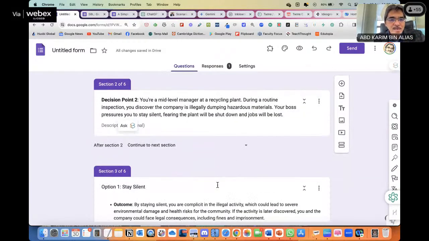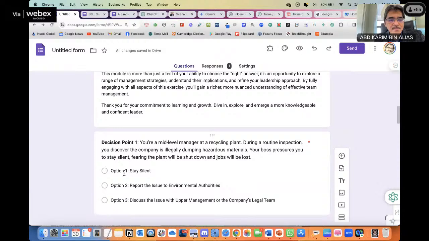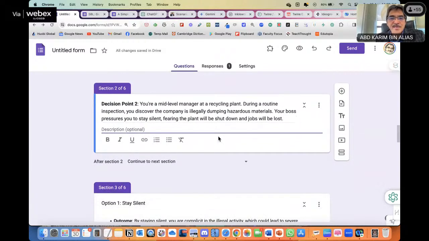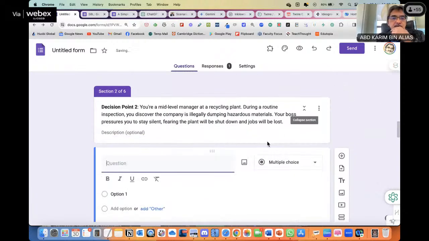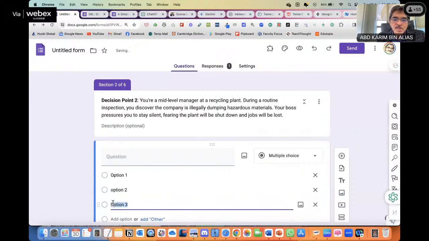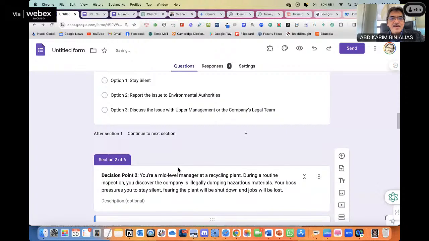Now in section 2, we can repeat the same thing. We can add all these option 1, option 2, but of course with different options. And this is also a different kind of scenario. After the learner ticks option number 1, then we can add another question here, option 1, option 2, option 3. I guess it's possible. Okay. So what do they need to do? The action that. Okay. So how?